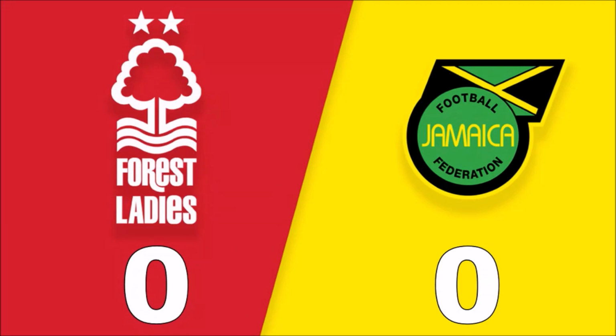It's Jamaica with the early pressure as it's played to Harkin. Harkin goes back to Thomas inside the penalty area. Thomas finds Walters. Walters midway inside the Forest half with those bright orange boots. Goes over to the left hand side to Hewitt. Hewitt inside to Constantinou on halfway. She plays a 1-2. Hewitt just gets there ahead of Sweatman, still with the ball for Forest, but then she